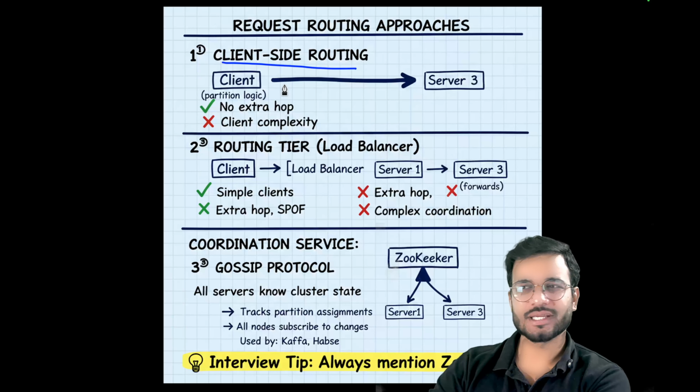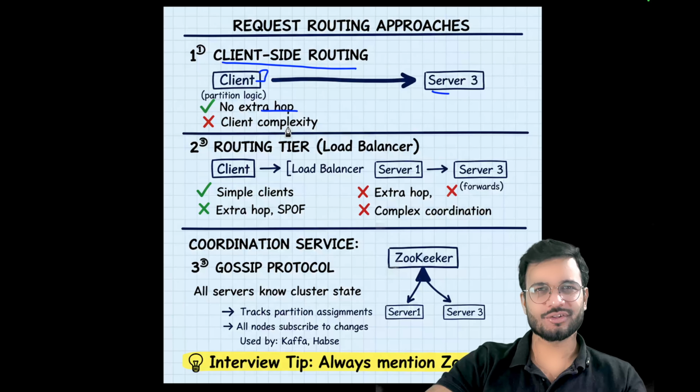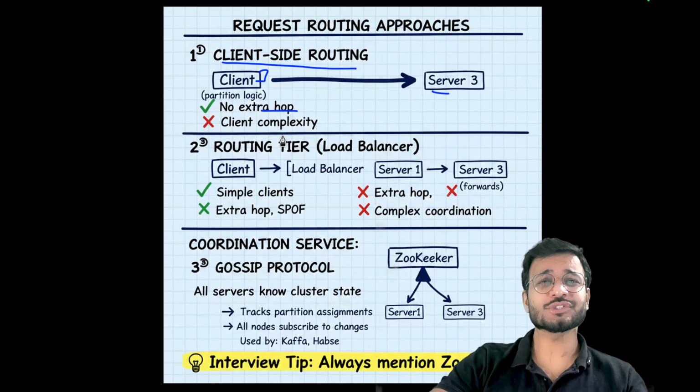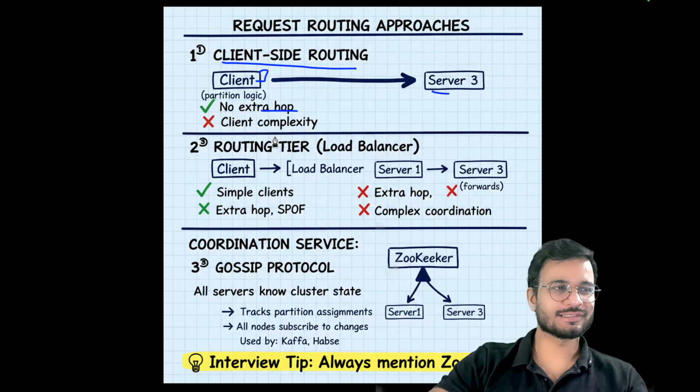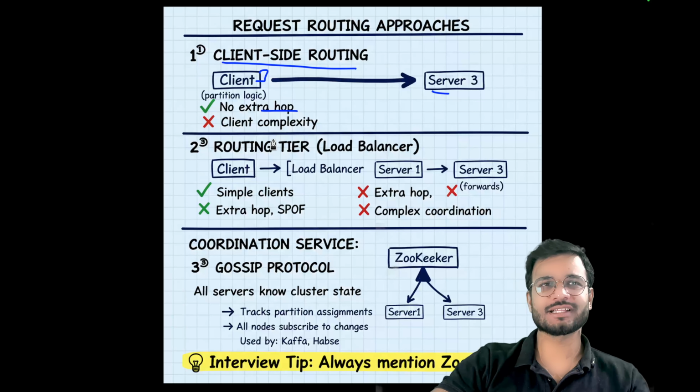The best part is that there is no extra hop, but the problem is the extra complexity. Whenever there is a change in the partition logic or a problem in the partition, then we'll have to update the client logic on every client, and there can be millions of clients. So it's not a very scalable solution to have client logic updated every time the partition changes, and that happens quite often. So it won't be the best approach, but it is still an approach where there are fewer clients.